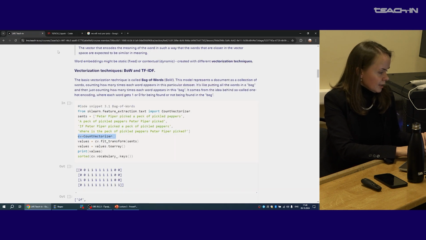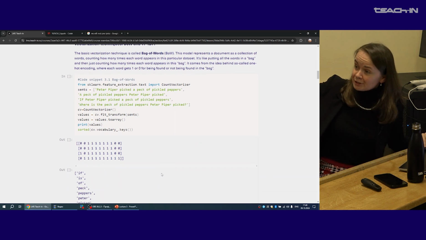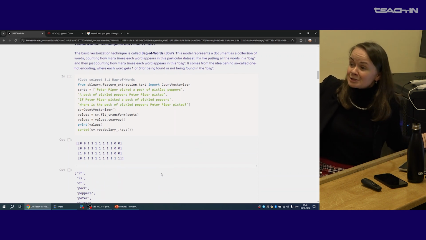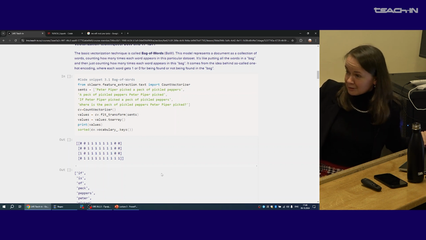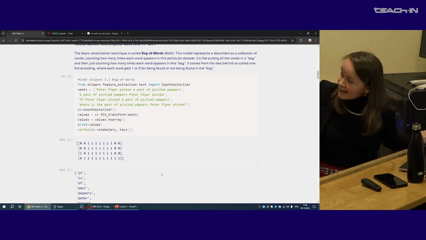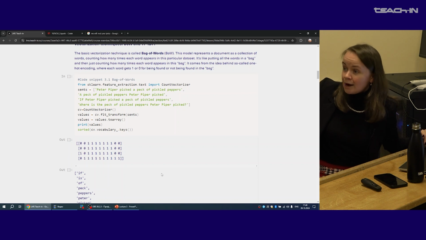Now, the word if here is just in alphabetical order in the first place. That is because it's quite a simple one. As for the most important words, we will look with the next models. So here this list means that the word if was presented somewhere in the text,